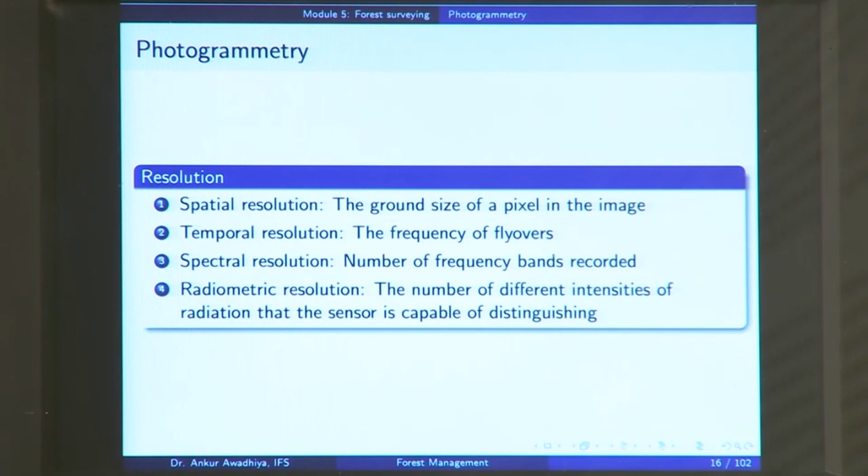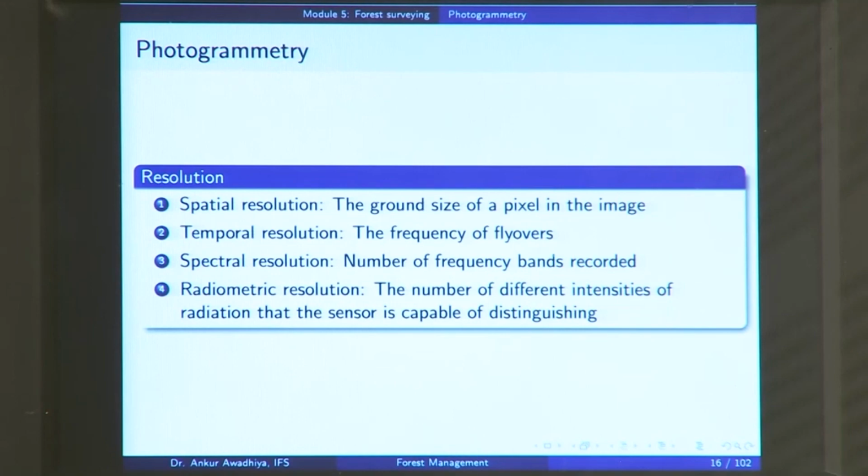And when we are talking about shades of gray, is it showing it on an 8-bit scale, a 16-bit scale, or a 32-bit scale? So, the more the number of bits in your image, the more is the amount of information that you have in your image, and then that can be made use of when you are doing the